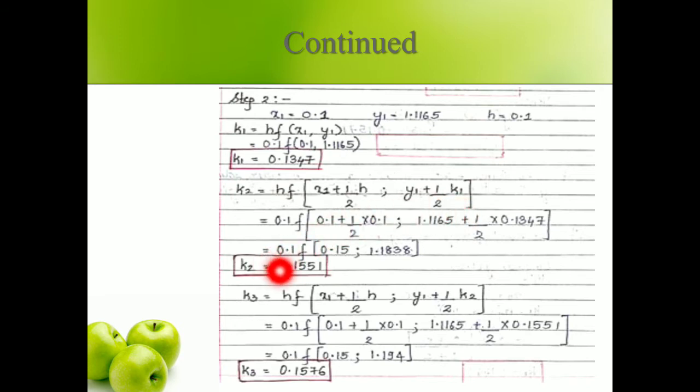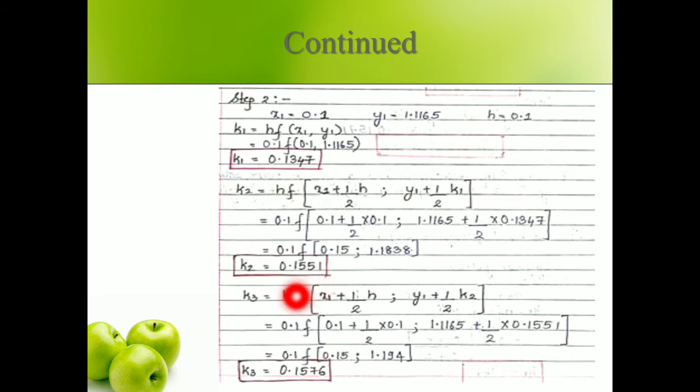So we will get f of 0.15 and 1.1838. So substitute the x value as 0.15 and the y value as 1.1838 in the given dy by dx, multiply by 0.1, we get k2 equal to